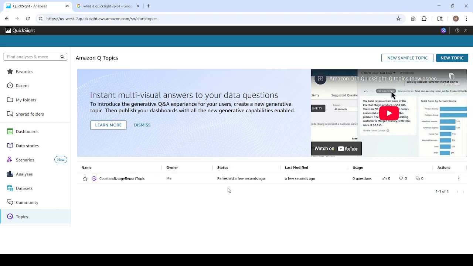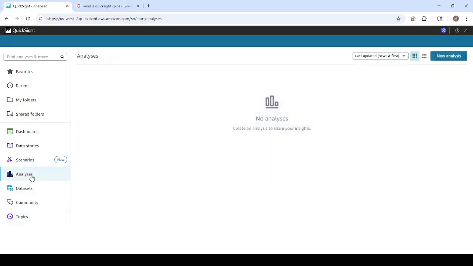So now my topic is done. You can see that the cost and usage report topic is created a few seconds ago. So now the next step is you need to create the analysis, right? So first you created your own data sets, then you created your topic based on your data sets. Now go and create your analysis. So I'm just going to create the analysis. I do not have any analysis right now. To create a new analysis,